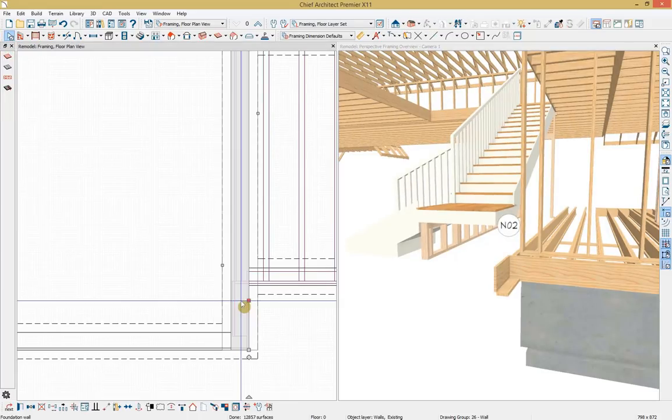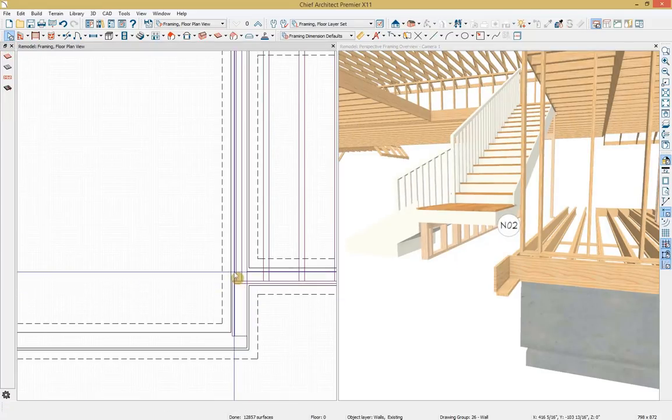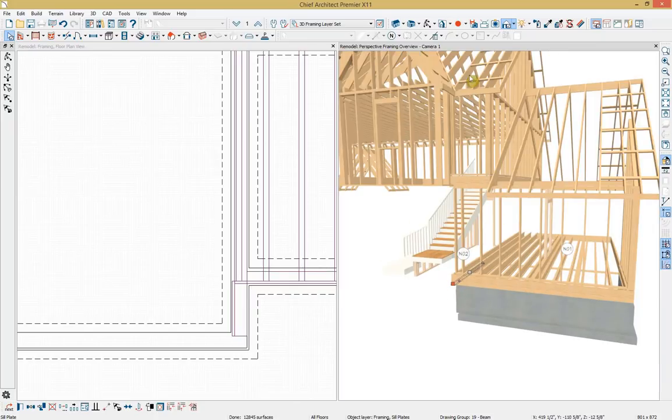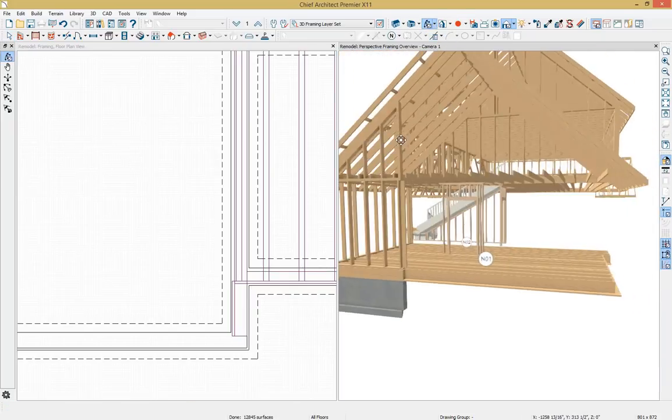We can go ahead and delete these framing options. And it might be easier to work in a combination of our 2D and 3D view. So I'm just going to select some of these framing members and delete them, and then just drag it back as necessary. So next we need to delete the floor joists that are coming in on the back side that